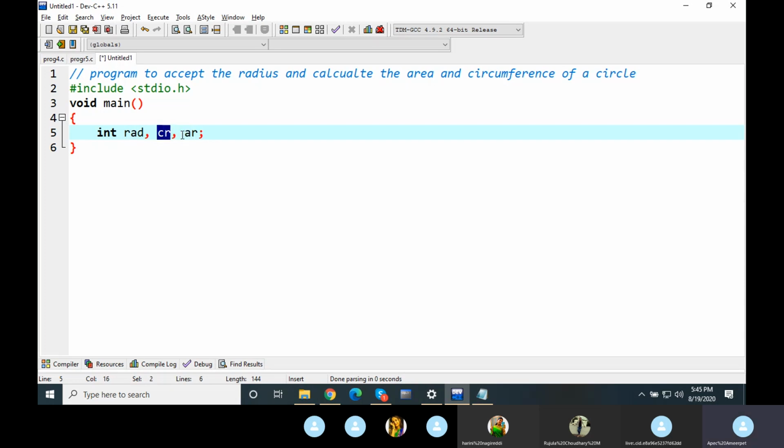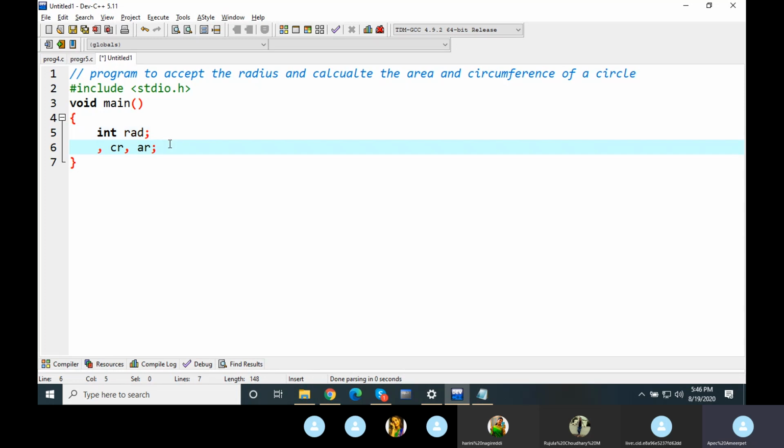Because calculation of the circumference and calculation of area involves the value of pi. Pi r square, no? What is the value of pi? 3.14. Perfect. 3.14 is a decimal point value. Decimal point values are called floats. So when you multiply 3.14 with radius, there is a possibility that this area comes out with decimals. 2 pi r, 2 into pi into r, 2 into 3.14 into the radius. That will calculate the circumference, and there is a possibility that circumference also is a decimal point value.